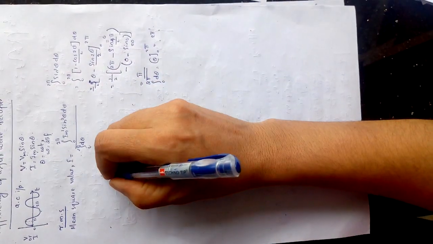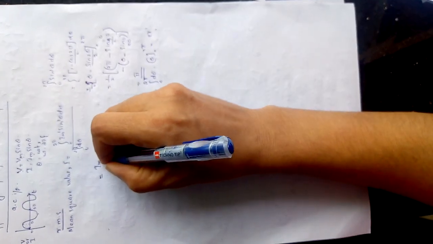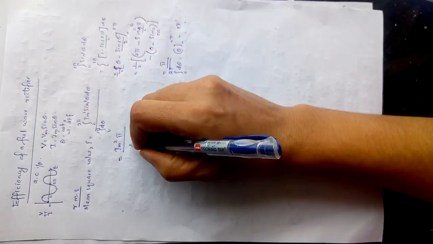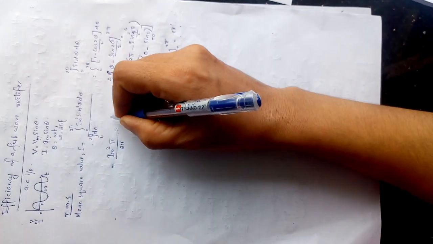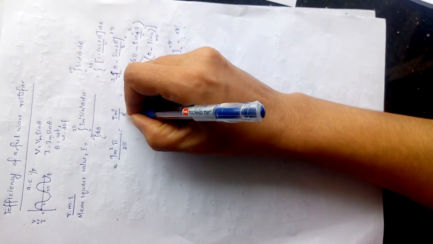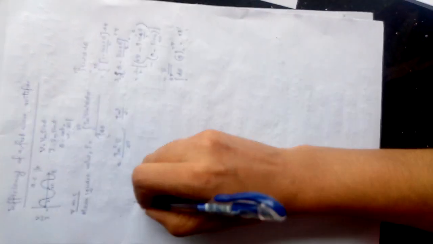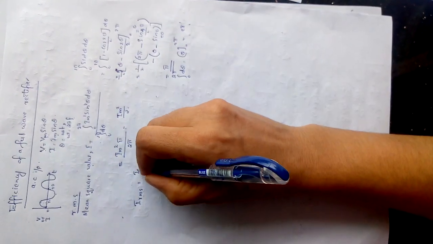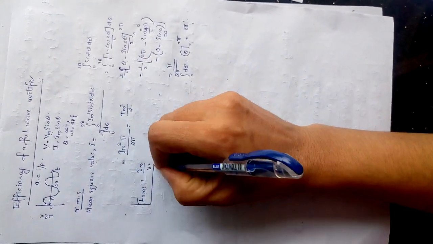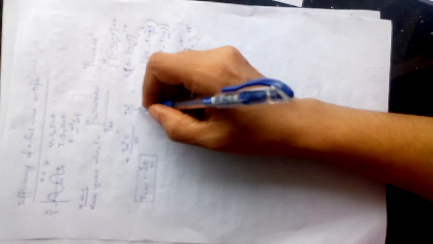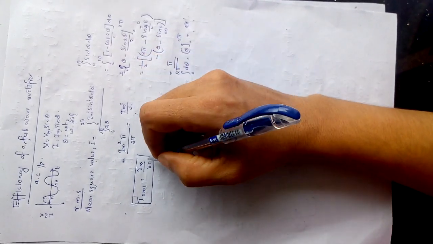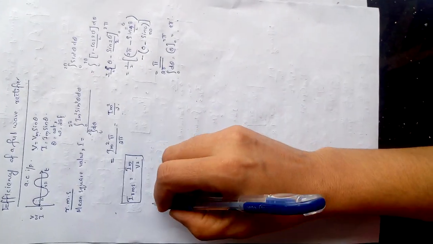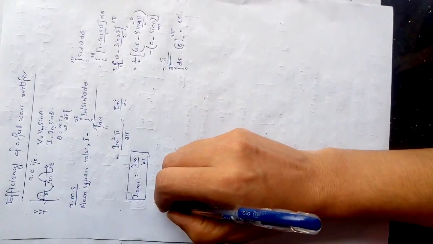So we can substitute the values here. I is equal to Im square, and then the numerator value pi divided by the denominator value 2 pi. So this is equal to Im square divided by 2. That is the mean square value. The root of that is the root mean square, which is equal to the root of this quantity, that is Im by root 2. So IRMS is equal to Im by root 2. It is the root of Im square by 2, that is equal to Im by root 2. Now next we have to see what happens in the case of the DC output.